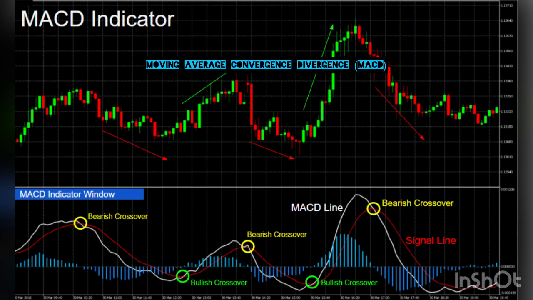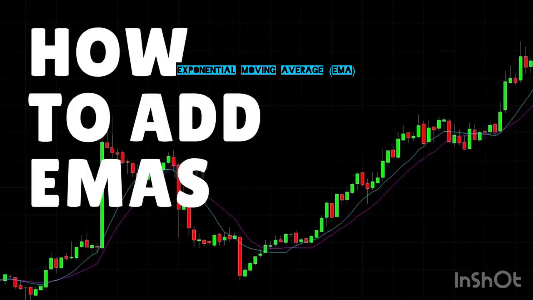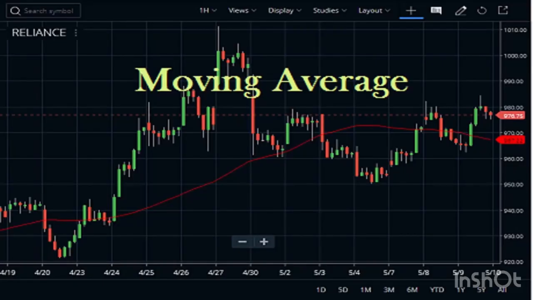Then I'm going to get into my EMAs. Okay, my moving averages. We usually utilize the 20-day, 50-day, 100-day, and 200-day moving average. But some people use different moving averages, and once you get familiar with your indicators, it'll be much easier to look at your charts, see what you need to see on your charts, and get into proper entries and getting